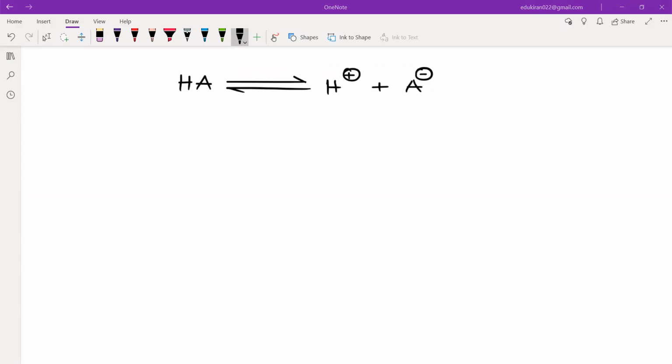Now I want to see, because I will have some initial concentration of the HA acid. So let me write this as C. C is the initial concentration. H plus is 0 and A negative is also initially 0. Okay, A negative is also initially 0. Now, if HA is getting dissociated,